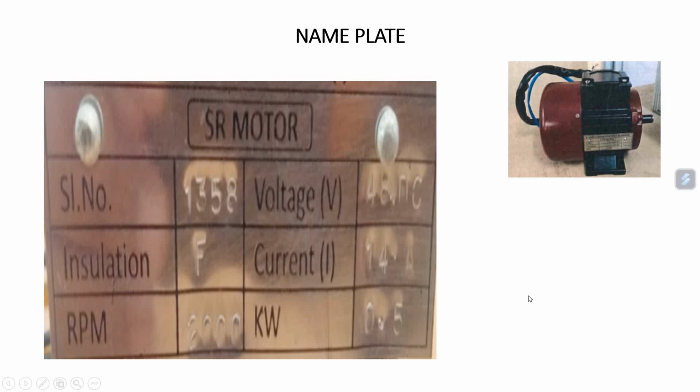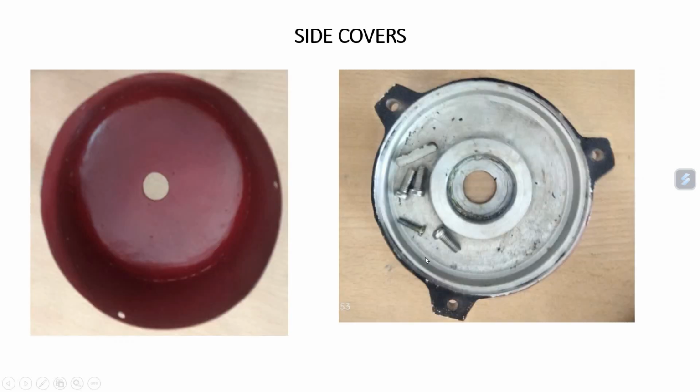Apart from this, additional details are that this is a 4 phase 8 by 6 pole motor. 8 by 6 means the number of stator poles is 8 and the number of rotor poles is 6. While dismantling, we have gone through the different parts, so I'm going to show all those parts step by step. These are the side covers of the motor, and these side covers are fitted to the motor with the help of these screws.